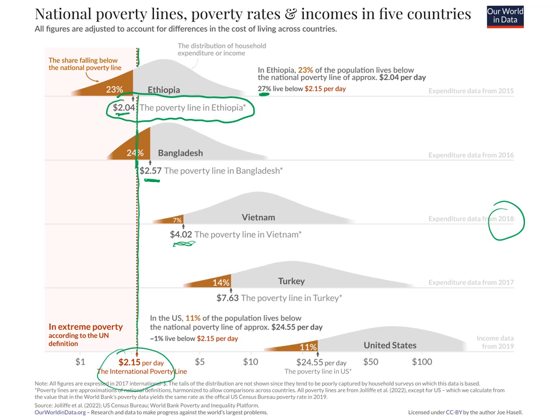Then you could say, oh, Turkey has a higher poverty level than Vietnam if you use the national poverty lines. But if you compare the distributions, as long as this has been adjusted for purchasing power, then you can clearly see it does not have a higher level, according to its national poverty line, yes, but if you use any other poverty line that is universal and an international poverty line, you will see that Vietnam has a higher level of poverty compared to Turkey. And then finally we get to the US. You could even say the US has a higher level of poverty compared to Vietnam. But again,